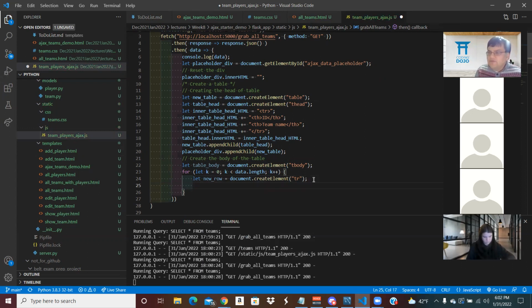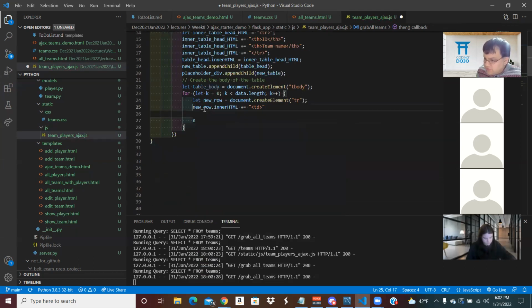And now we're going to have a series of td. And now we're going to add some HTML to this. So new row dot inner HTML. We're going to start off with a td tag. Sorry, not th, a td tag. And eventually we're going to close it with another td tag here. And then inside here,